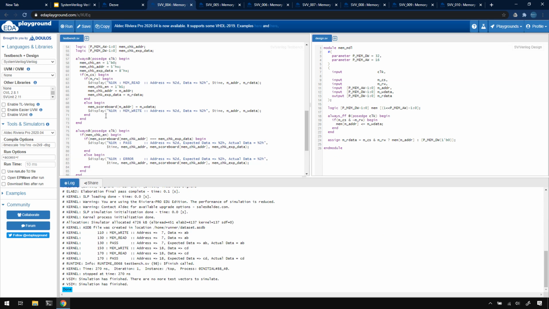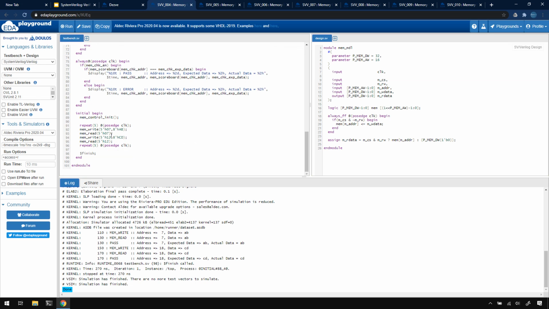So if you see, our test bench remains the same. We have two transactions which are sent out from this module. One write at 7 with data AP, and then read at 7, and then write at address hex 12 with data hex CD, and then we are reading at this. Correct. So the first write happened, then we perform a read. As soon as the read happened, we are passing a packet to our scoreboard, which will actually perform a check whether